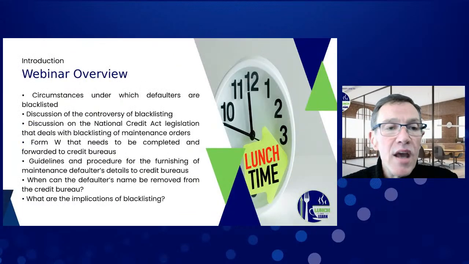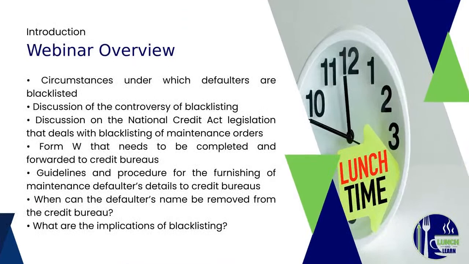If one looks at the webinar overview for today, we will be discussing the circumstances under which defaulters will be blacklisted on any of the 11 credit bureaus. We will also be discussing the controversy pertaining to blacklisting, making reference to the National Credit Act, the legislation that deals with blacklisting and the maintenance orders, the forms that need to be used, Form W, as well as